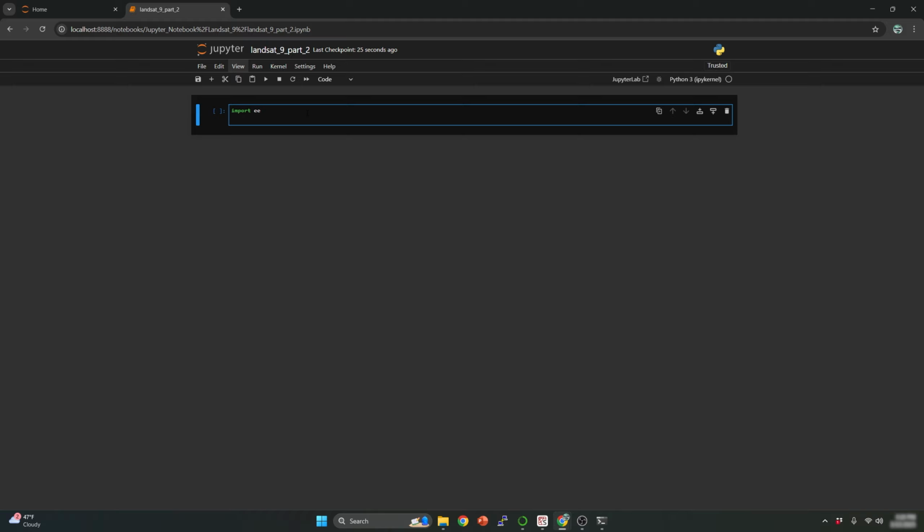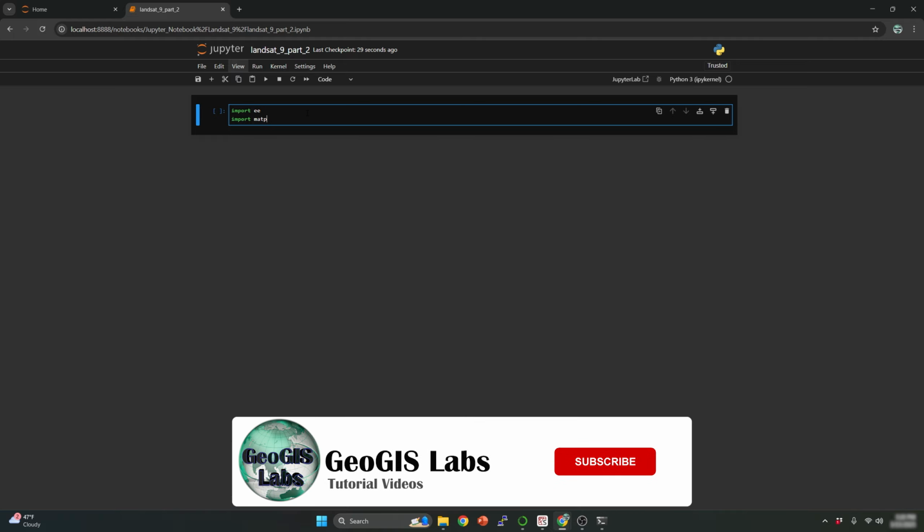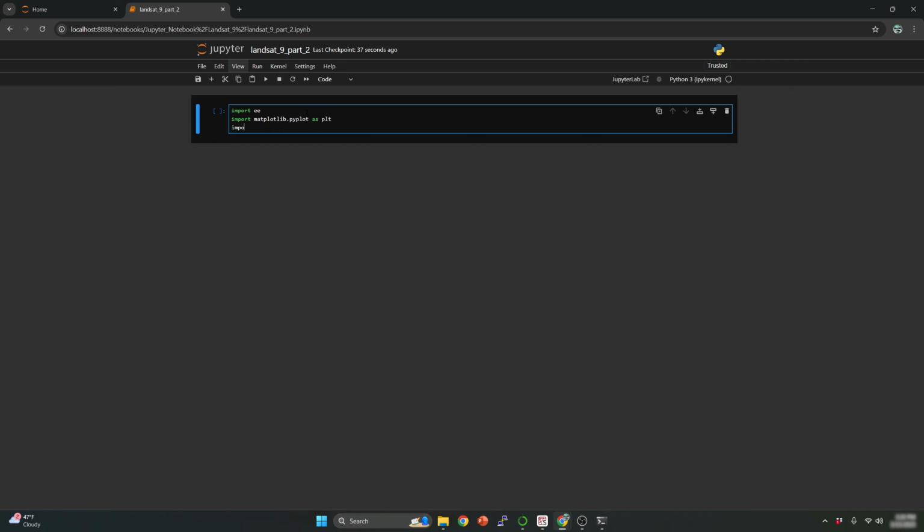We are also going to use the library Matplotlib pyplot as plt. We're gonna use NumPy as np, and also